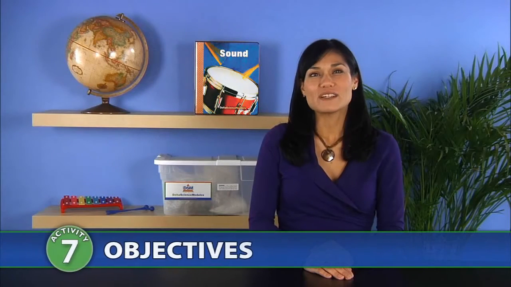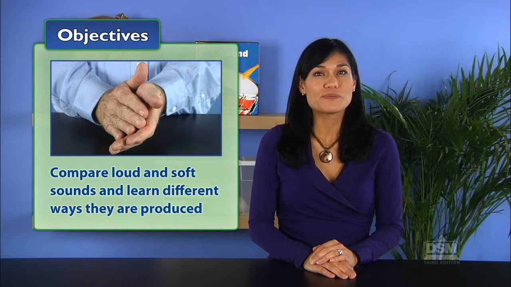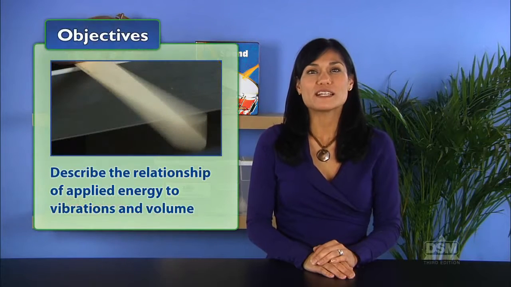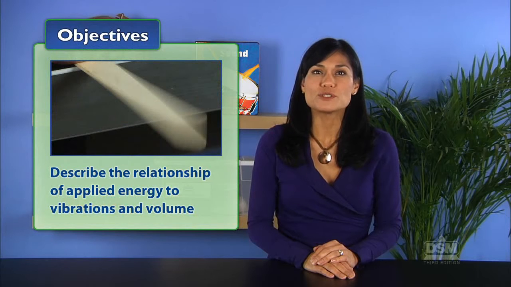In Activity 7, Loud or Soft, students experiment with volume. They first compare loud and soft sounds and discover the different ways in which they are produced. Students then investigate the relationship of applied energy to the strength of an object's vibration and the volume of sound